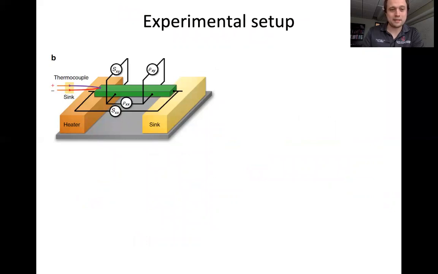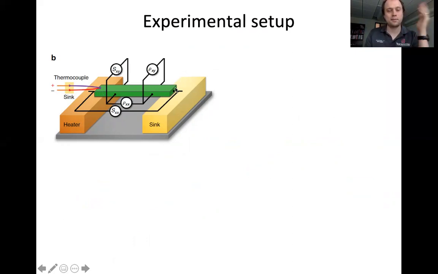Okay, so I'm not an experimentalist, but the experimental setup goes mostly like this. You have a heater and a heat sink, and you suspend your zirconium telluride crystal. It's a 3D bulk crystal, sort of millimeters in size. And you have a thermocouple measuring the temperature on the hot end, and then you have various voltage probes that